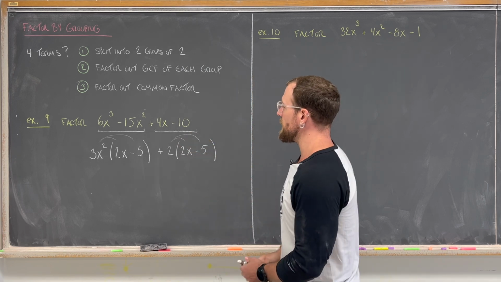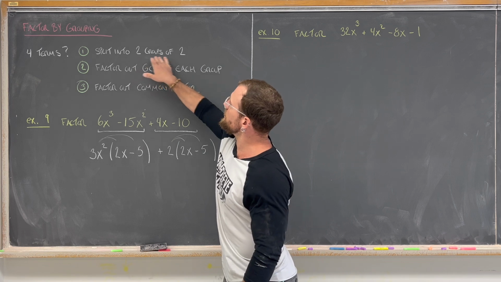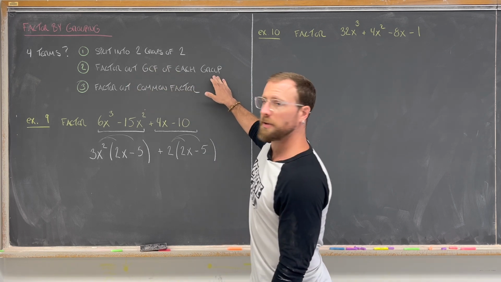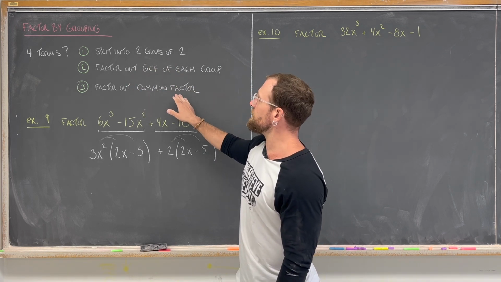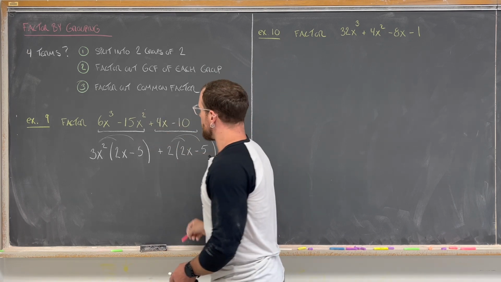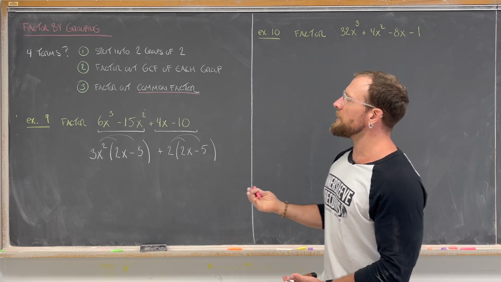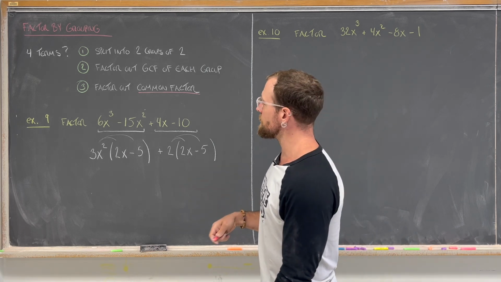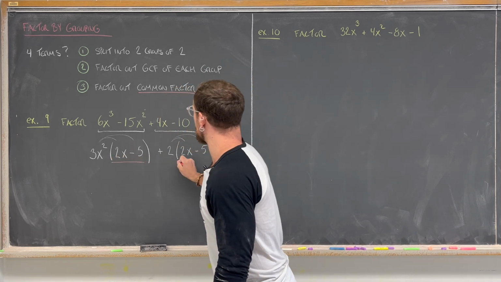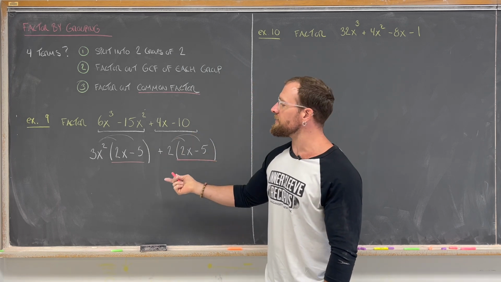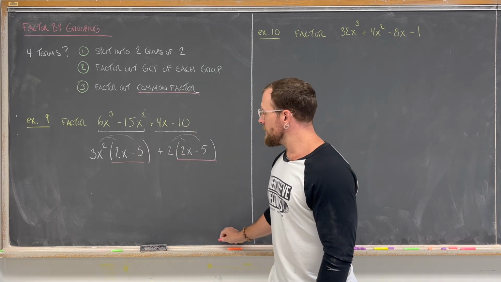Okay, so everything is right here. So I split it into 2 groups, and I factored out the GCF from each group. The last thing to do is to factor out the common factor. Now, this doesn't always work, but it's worth trying whenever you have 4 terms, and in this case it does work. There's a common factor that's revealed itself. There's a 2x minus 5 here and here. So